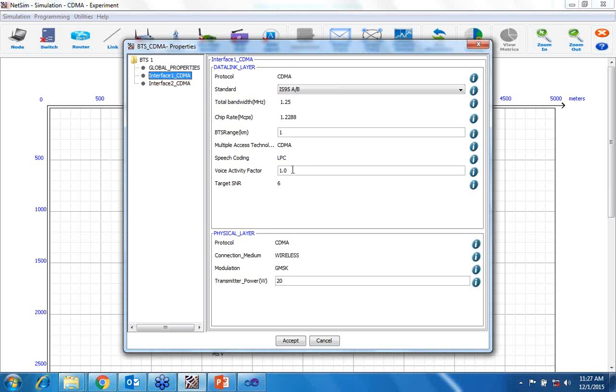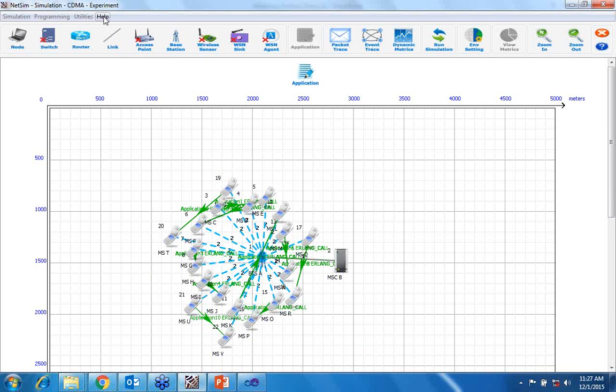I've reduced the voice activity factor from 1 to 0.9, 0.8, 0.7, 0.6, down to 0.1. And what we see is, as we decrease the voice activity factor, the channel count increases. So it is inversely proportional. Here it has voice activity factor as 1. I'll show you through the experiment also, so that you can have some more.